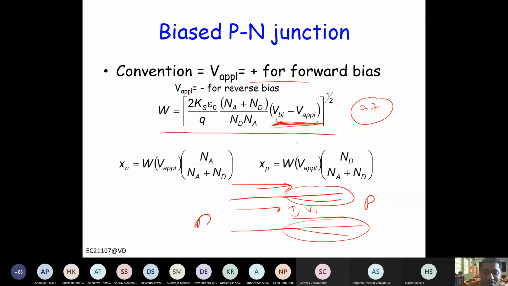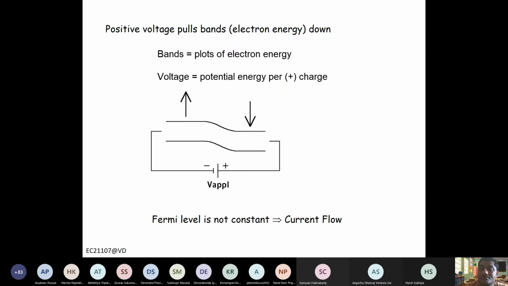And you will also see later on that current actually varies exponentially. So a very large amount of current will flow. So we just assume somewhere near there, somewhere near the built-in potential. Okay. Now